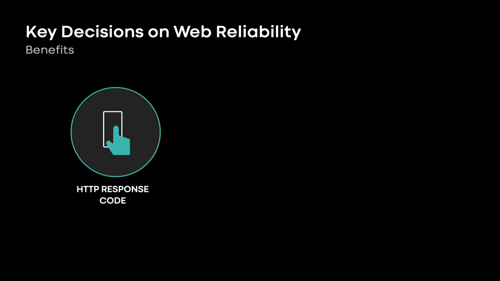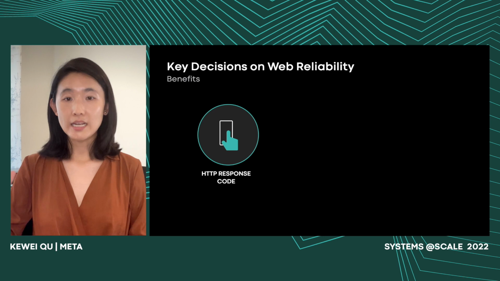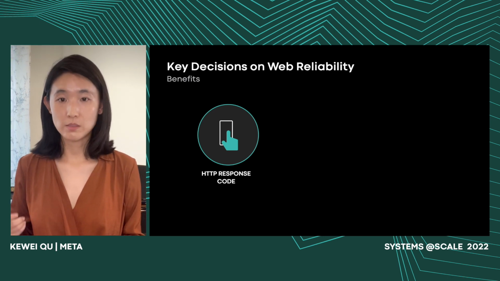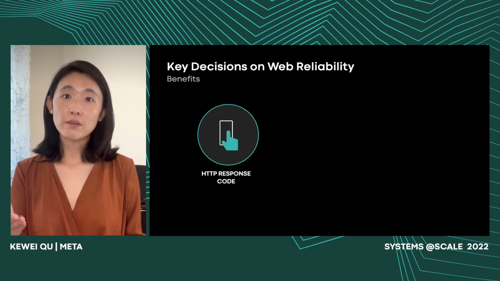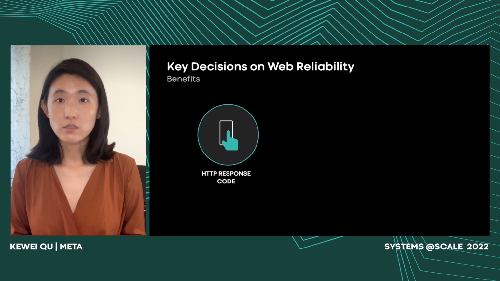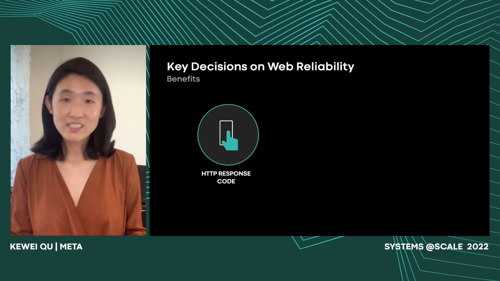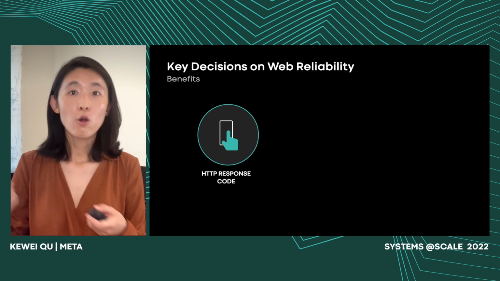Comparing to the industry, we see more often errors being categorized on specific error types or error code instead of HTTP response code. The reason that we're using HTTP response code is that it is more aligned with our user experience. As an example, when someone is getting an HTTP 500 internal server error, we know that that user is not getting any data. And it doesn't matter to that user whether it is due to a timeout or